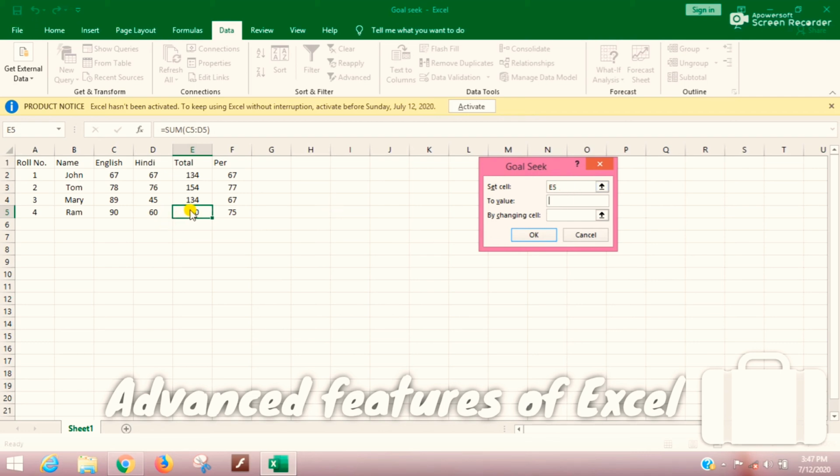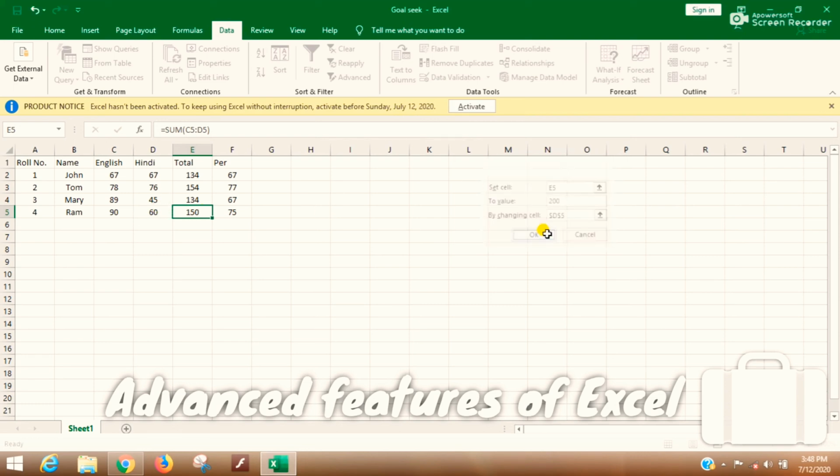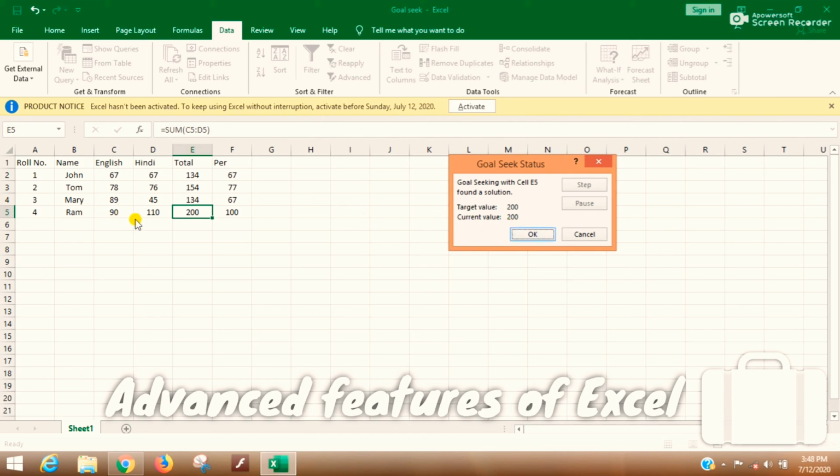If you want to change the value 150 to 200, now by changing cell means आप कौन से सेल का वैल्यू चेंज करना चाहते हो कि आपका जो सम होगा वो चेंज हो जाएगा 150 to 200. If I want to change this, the 60, and I will click on OK option,